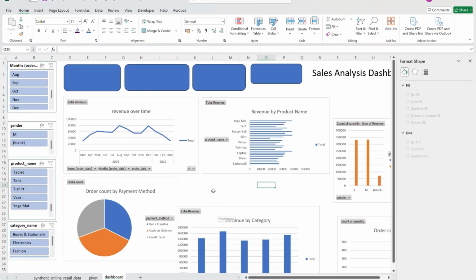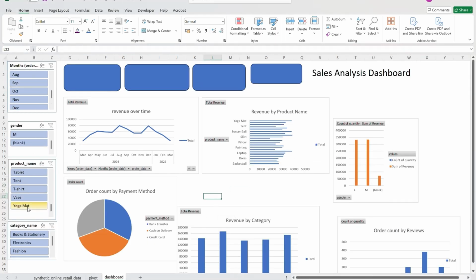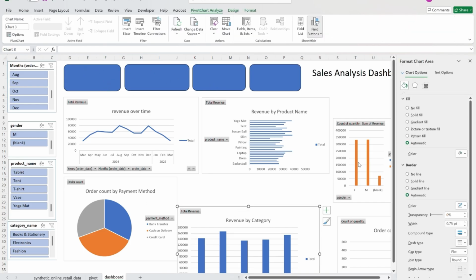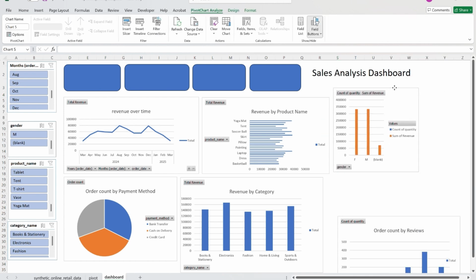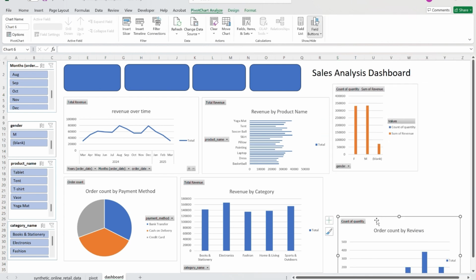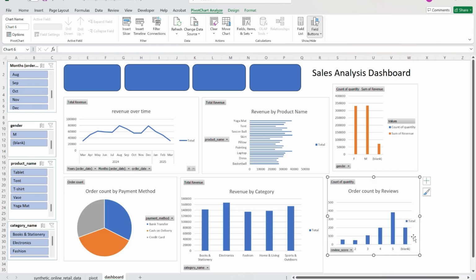So guys, I'm doing a basic formatting here. I have left aligned all the slicers here, and these are the 4 rectangular shapes I've placed over here to display the KPIs like total revenue and all those things. If you click on any chart, you'll be able to format the charts from here if you want to do formatting. And here are the chart options. If you want the border, you can simply click on solid line, you will see that the border has been created, but in this case I just want a simple automatic. I'm simply placing it here. Okay, so my basic formatting is done.